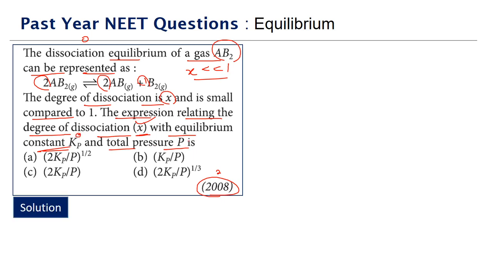See, in all these gas equilibria, we will never have the equilibrium constant formula straight away, the way we would have in the normal equilibrium involving concentrations. So let's see what is the procedure that is followed generally for all these gas equilibrium reactions. What is the given gas phase reaction with us? AB2 gives rise to 2AB plus B2.